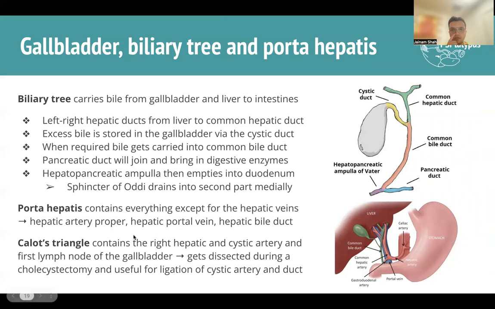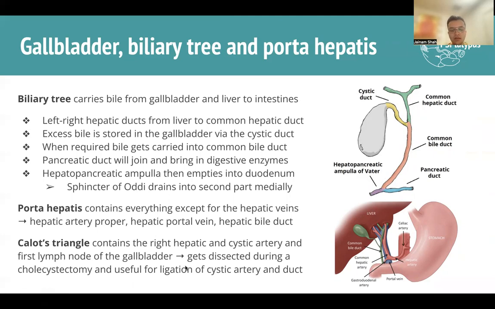Finally, you've got Calot's triangle, which is more surgically significant. Again, not important for us to know too much about. But if you imagine, actually, it's probably better to look up a diagram of this because it's not really well shown in either of these diagrams here. But the main thing is that it contains the right hepatic and cystic arteries, as well as the first lymph